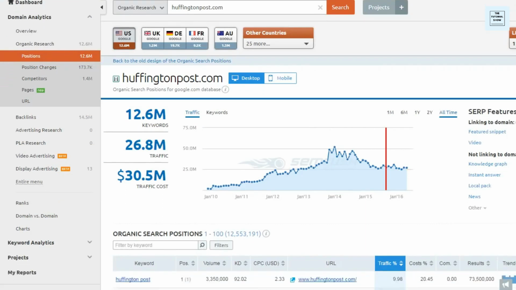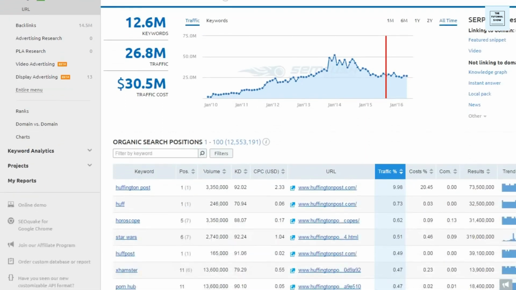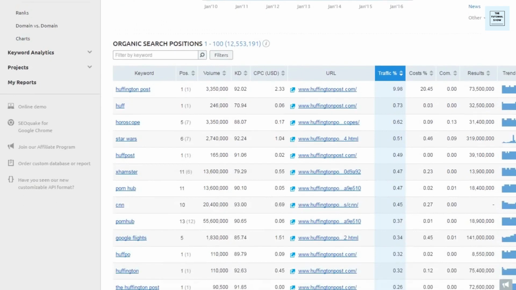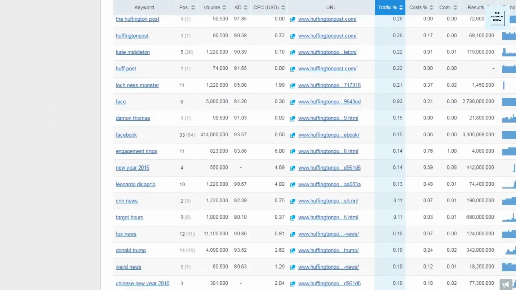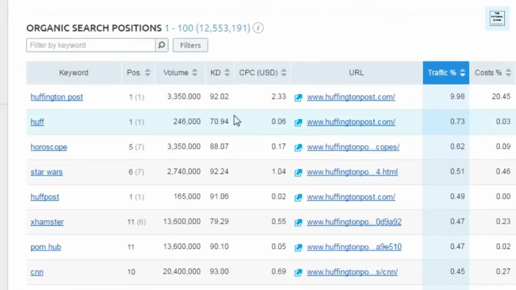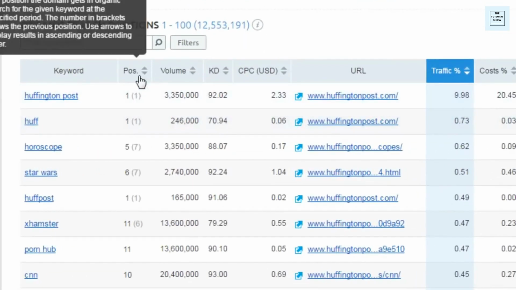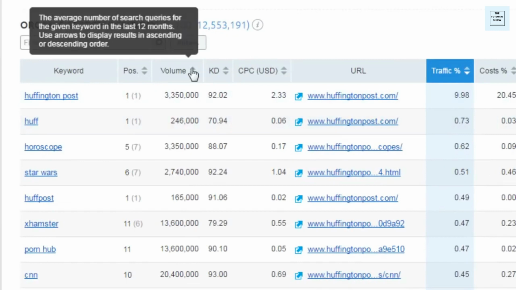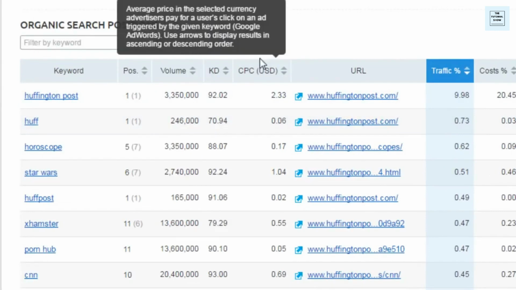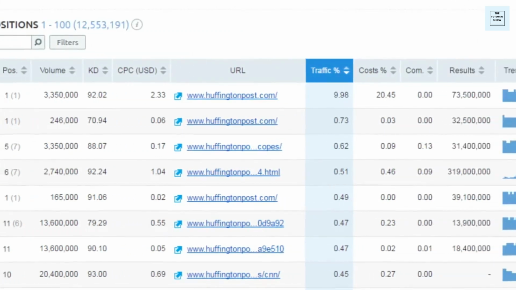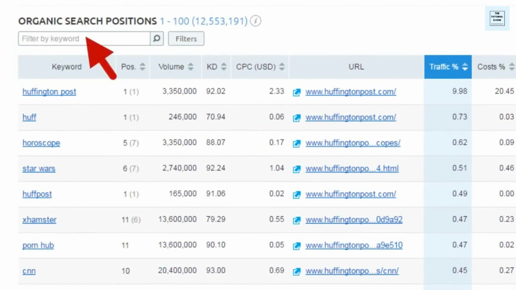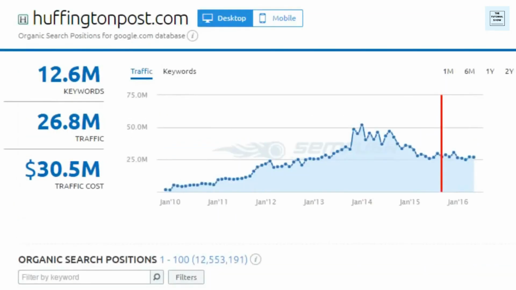Now here you're going to be able to see a chart view of the information, and you're also going to be able to see all of the search positions here. So this is very, very valuable information. You're able to even filter it here at the top by position, by keyword, search volume, cost per click, by pages, traffic, and so on. So there are a lot of options here. You can even look for specific keywords if you're looking for those and you receive a lot of different traffic.